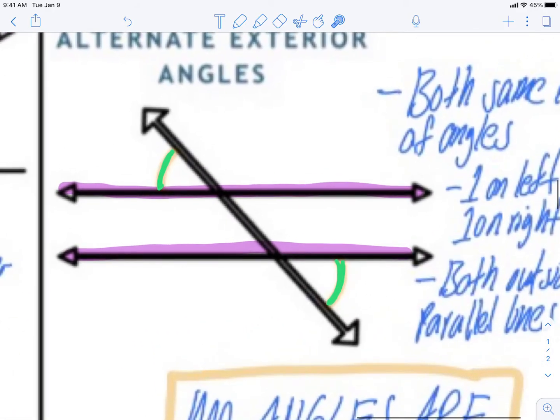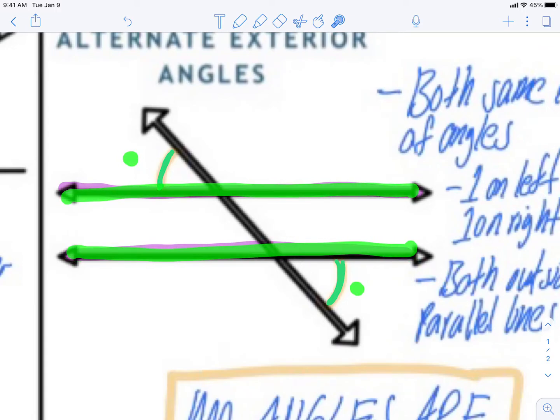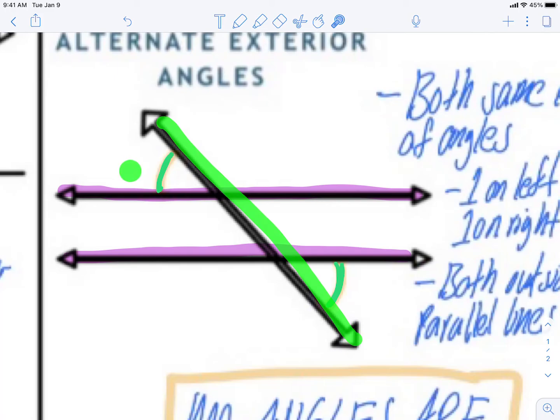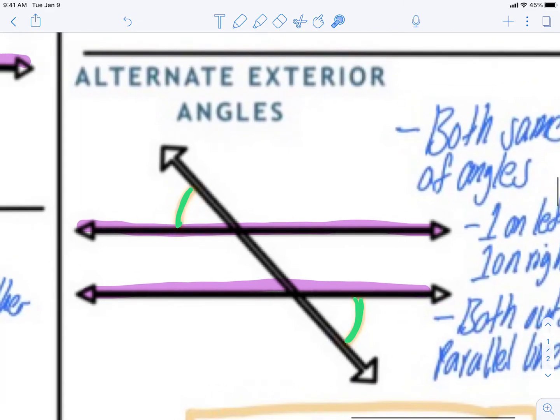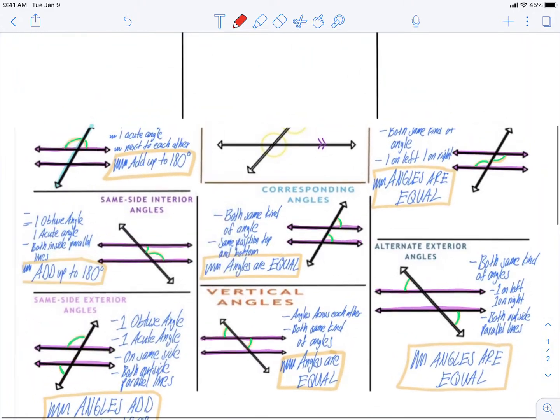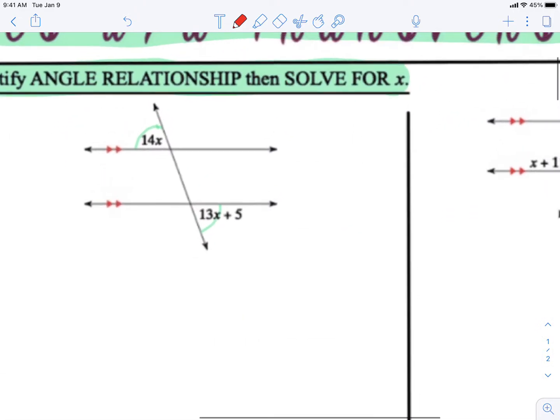Well, let's check this one here. So we have our parallel lines. Outside, outside. That works. One on the left of the transversal and one on the right, and they're on opposite sides. Perfect. These are alternate exterior angles. Alternate exterior angles. So let's go back here, and we're going to say